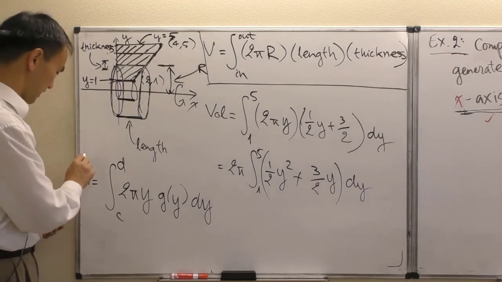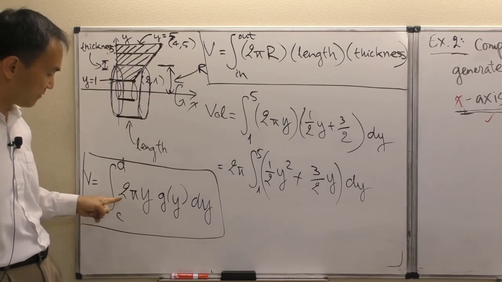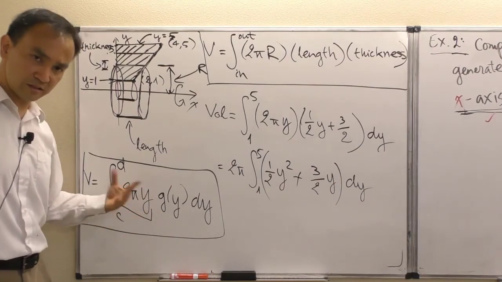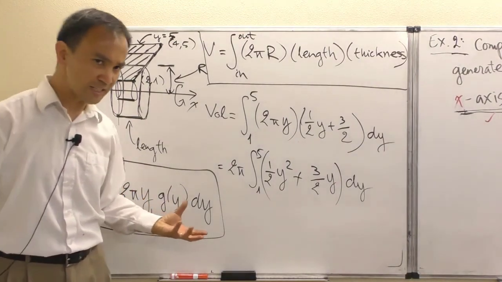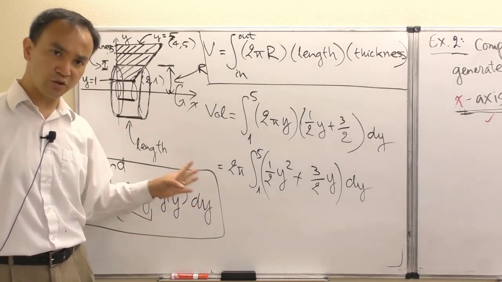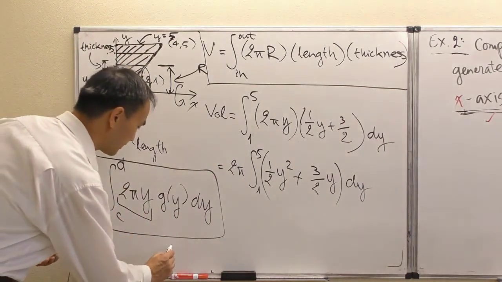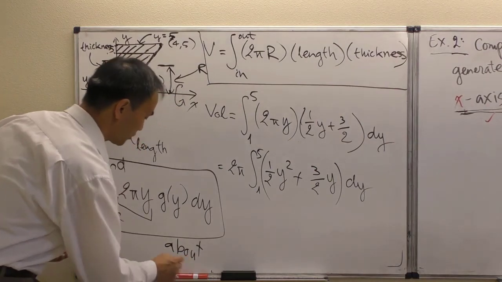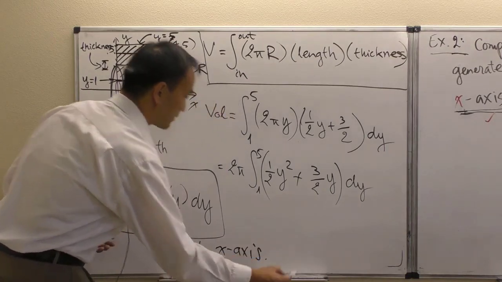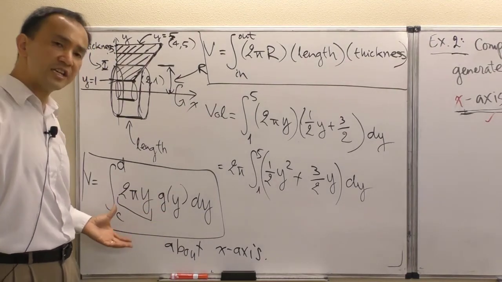We have another formula, and to make it consistent with what I was explaining here, the 2 pi y came from the circumference, 2 pi r. But for any author of a textbook, it's going to take a lot of writing and printing, a lot of pages, to explain all of that detail. So usually you see a formula without too much explanation. And this is for the case of rotating about the x-axis. If that's the version of the formula you are seeing in many standard calculus textbooks,